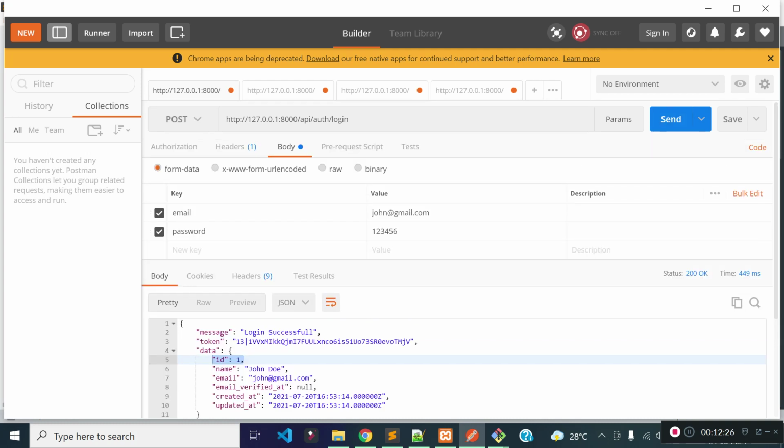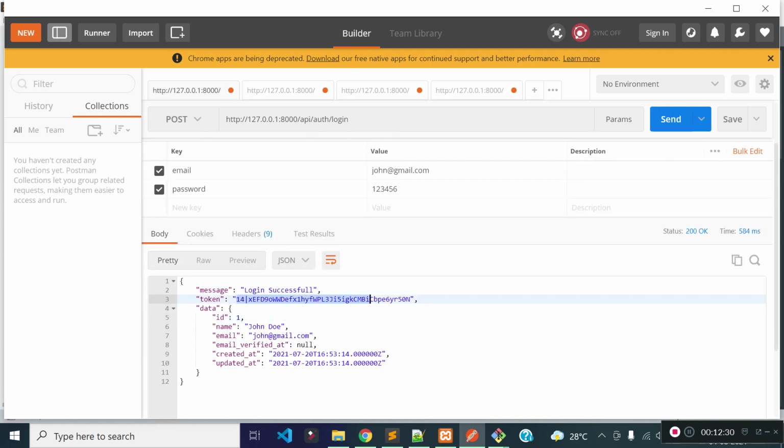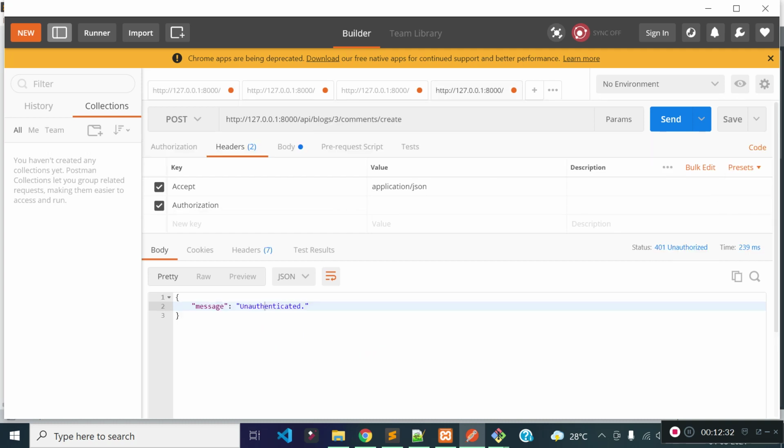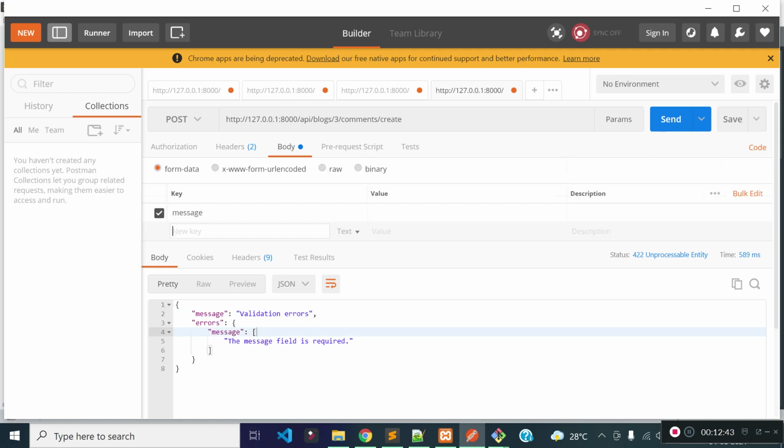So let's pass the authorization token or API tokens. We can generate API tokens from our login API. Okay, let's copy the API tokens and paste it inside our authorization, and then this should be a bearer token. This should work now. Okay, we need to pass the message field, right? Let's pass a message called beautiful post.